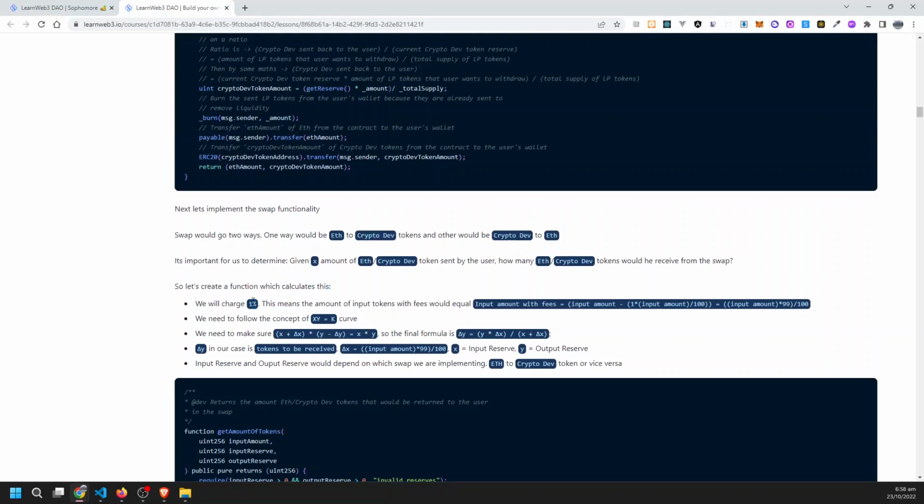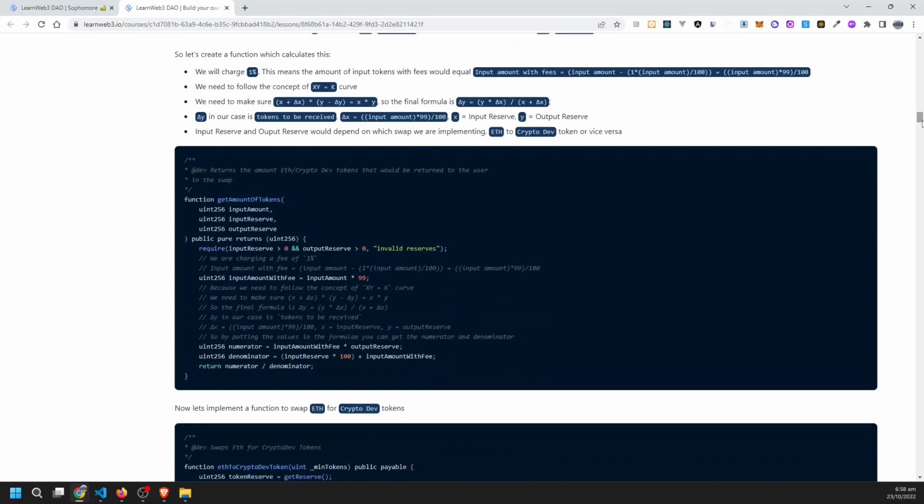We will charge 1%. This means the amount of input token with fees equals the input amount minus 1 times the input amount divided by 100, which equals the input amount multiplied by 99 divided by 100. Okay. So we need to follow the concept of xy equal to